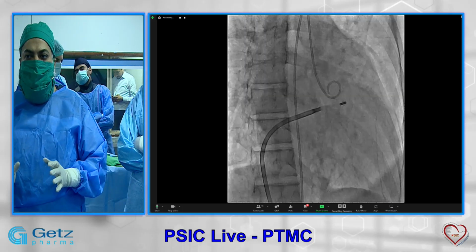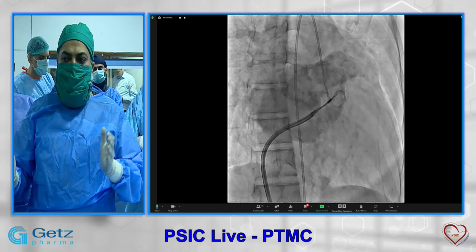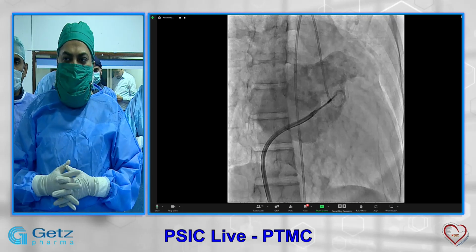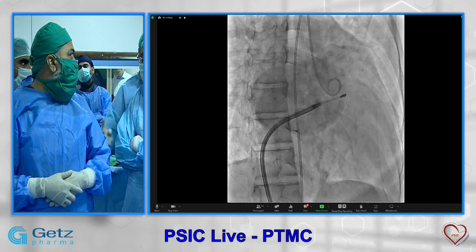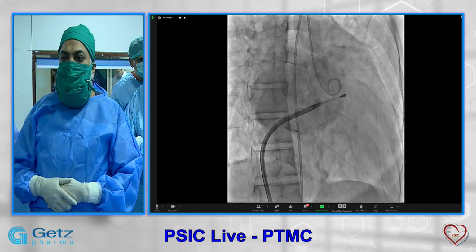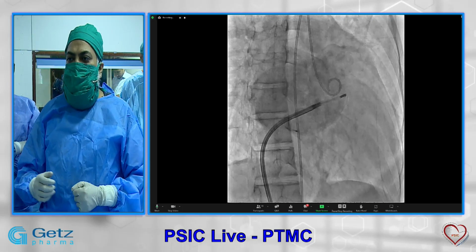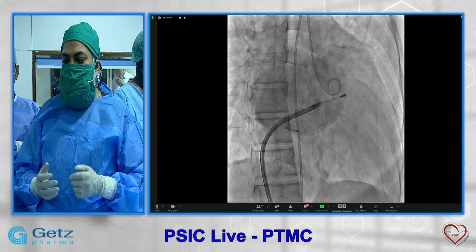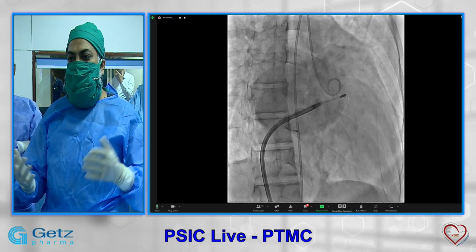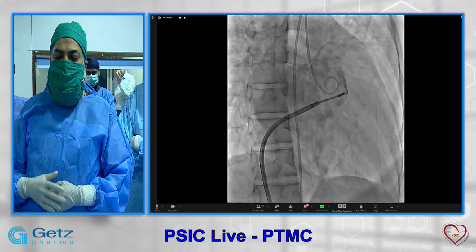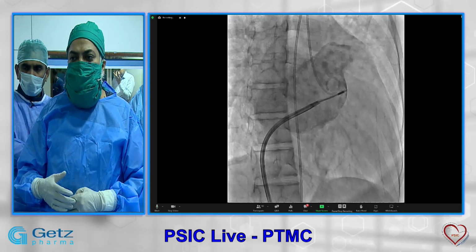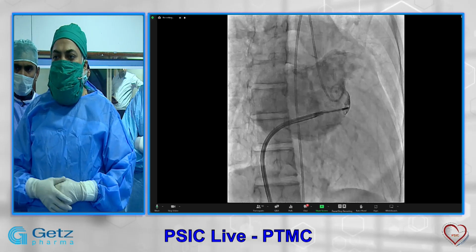So this is just for the juniors to understand how our LA looks. We don't see the LA because we don't see injections, but we can understand. Once we were juniors, our seniors used to say, now it's in the appendage, now it's in this part, and we used to wonder how they knew. But if you see these kinds of images, you will have this kind of understanding. Next, please.